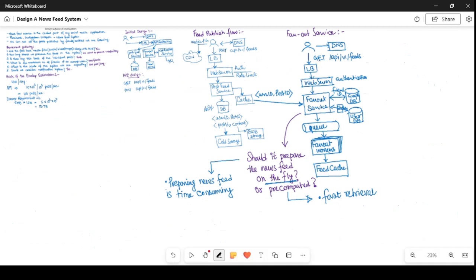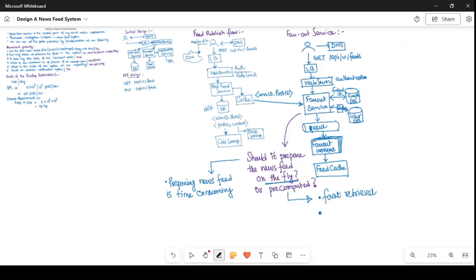As and when any of its friends opens the social media site, it can quickly fetch the news feed from the cache and display it on the user screen. That is one approach, which is referred to here as the pre-computed approach.